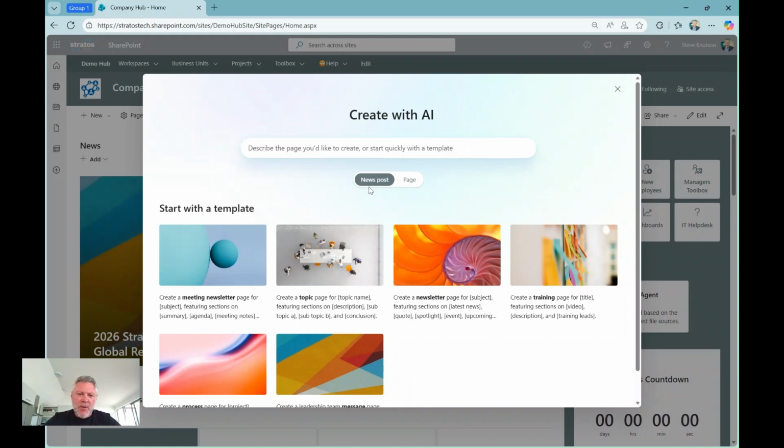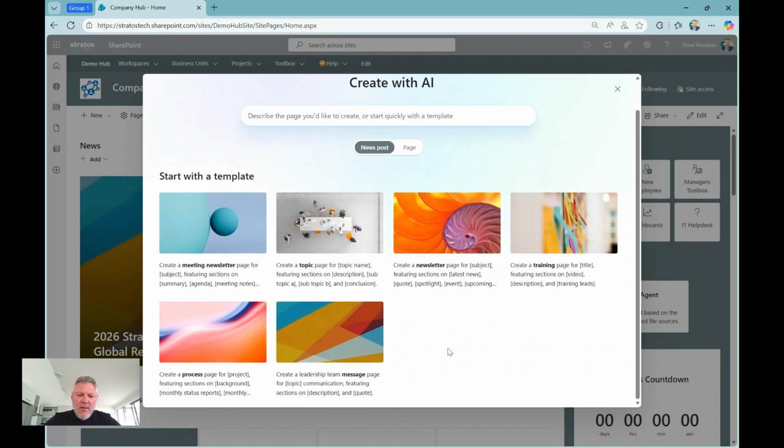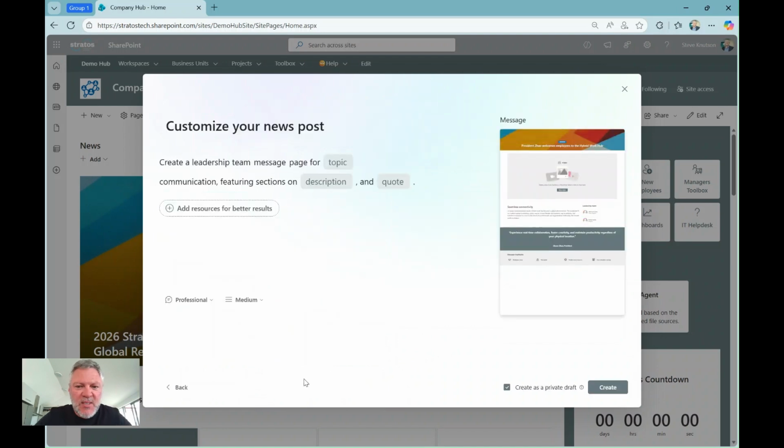And you'll notice I can use both news posts or page content. So I'm going to create a news post, and I'm going to use create a leadership policy message here using this template. Opening the template builds me both a template but also a pre-built prompt here. So I'm going to just say the plan for 2026, and then the description is going to be about, I can just pick from the list here, but I'm just going to give like